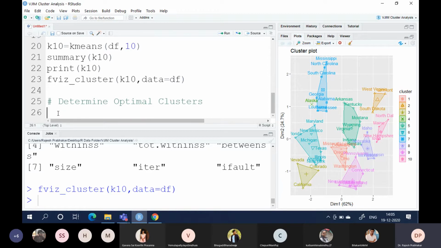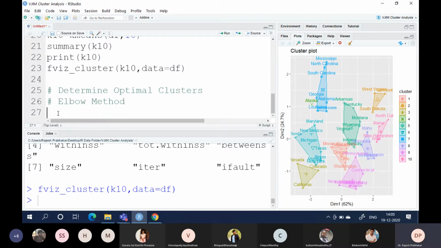But do we need 10 clusters to classify this data? That we need to find out. One of the methods is the elbow method. Elbow plot method. We can create an elbow plot and then find out whether the number of clusters which we required is enough or not.